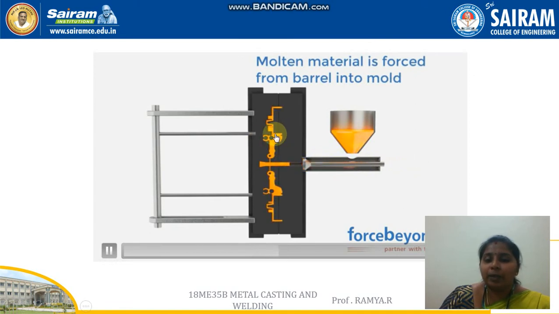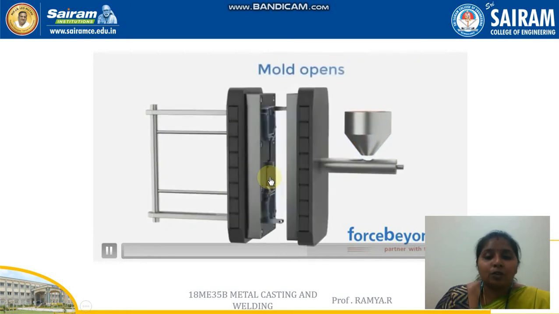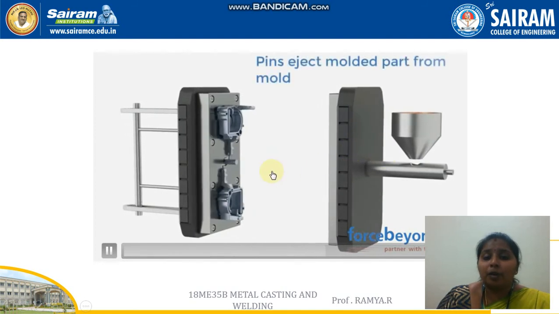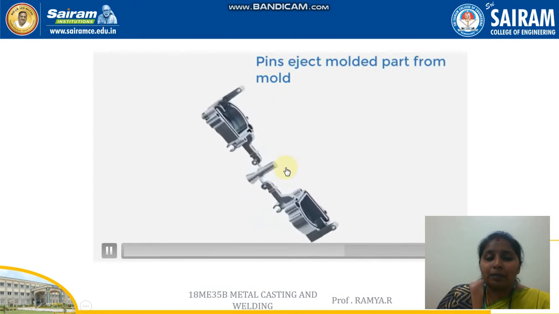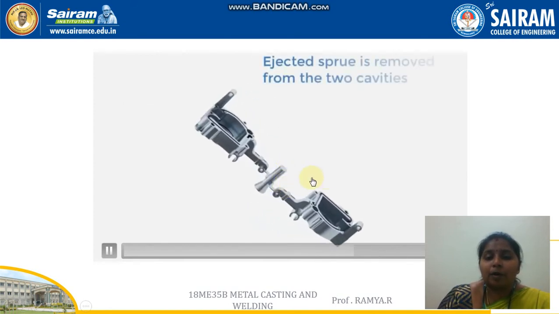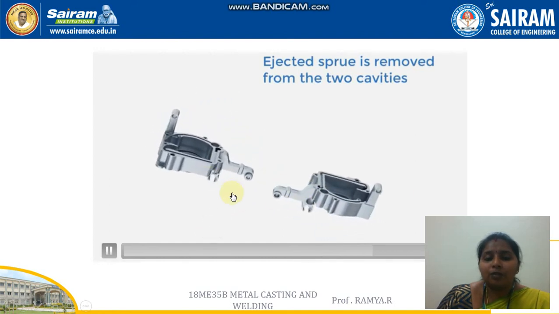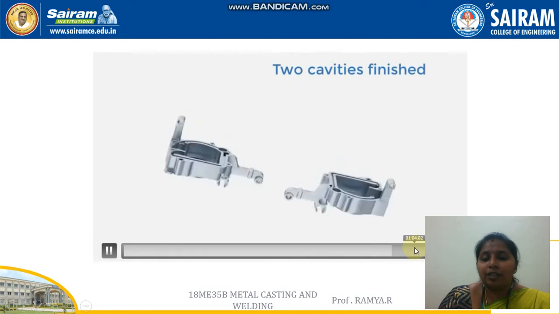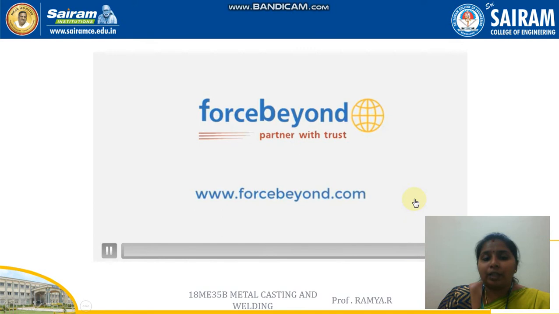So the molten metal gets filled up in the cavity and the solidification takes place very quickly. After that the die, two equal halves, are separated and the component is taken out with the help of the ejector pins. The excess material is removed with the help of the machining process. So this is the final component that is needed for us, the finished casting. So this is about the general high pressure die casting.